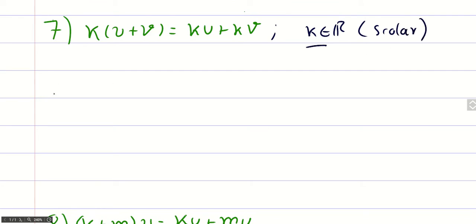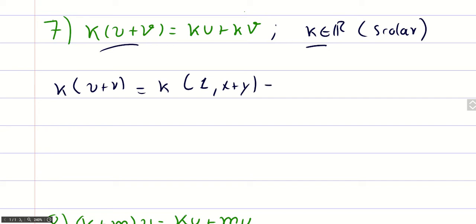We know how the scalar product is defined. So the left hand side of this expression is equal to k times (1, x + y), and then we multiply this vector by a scalar, and remember to keep the first coordinate the same, and k times x plus y. Then these elements are real numbers, so we can distribute the k among x and y. So we got (1, kx + ky),